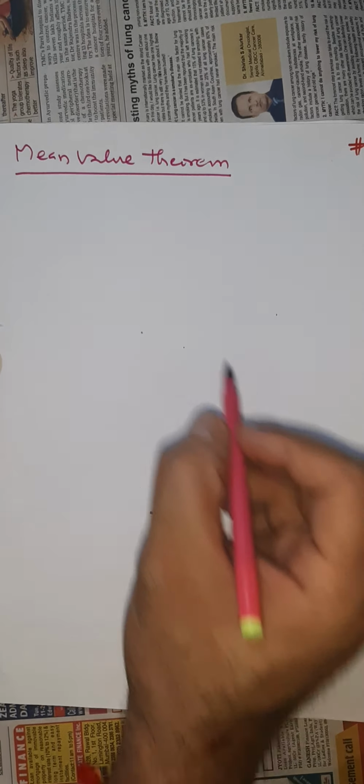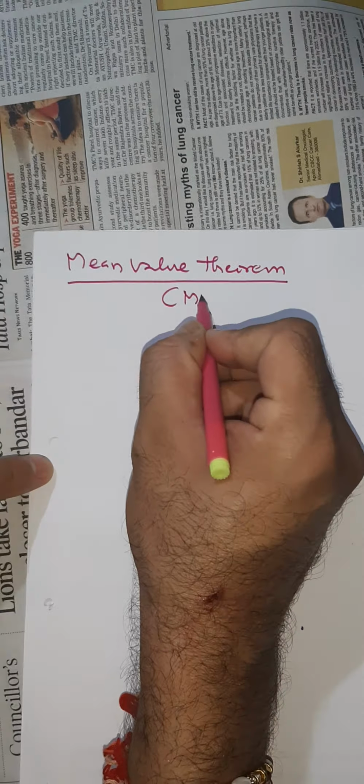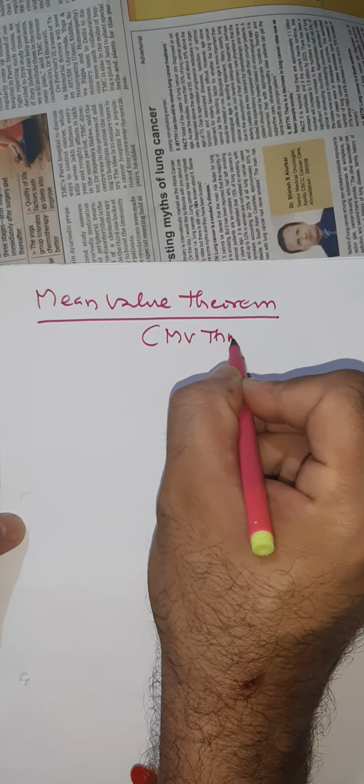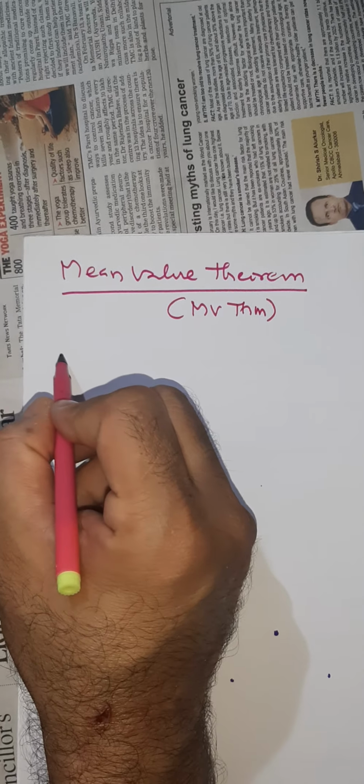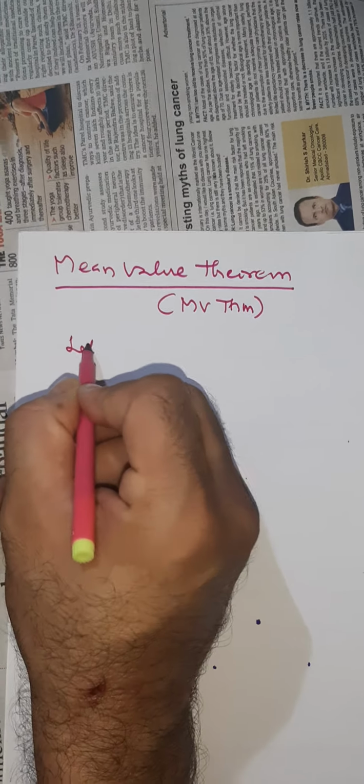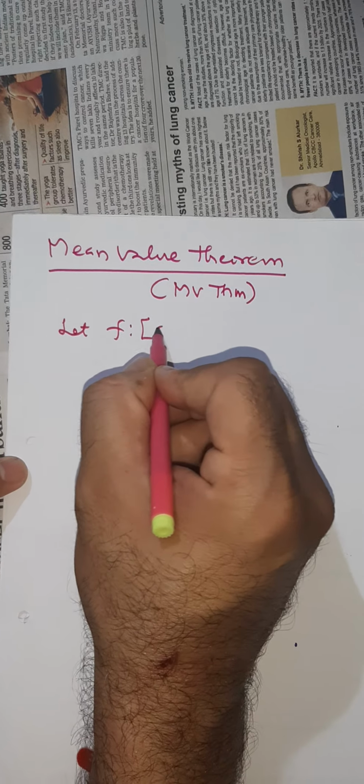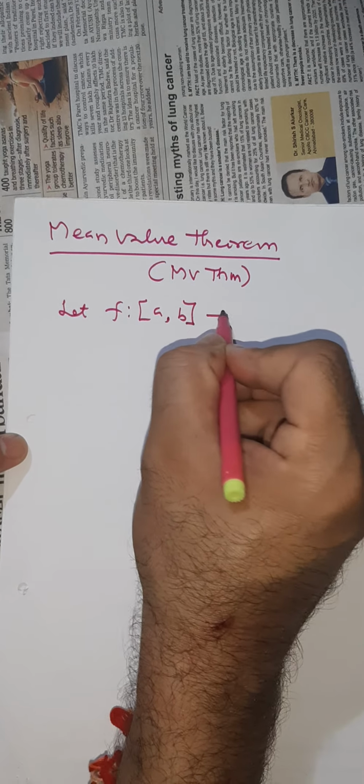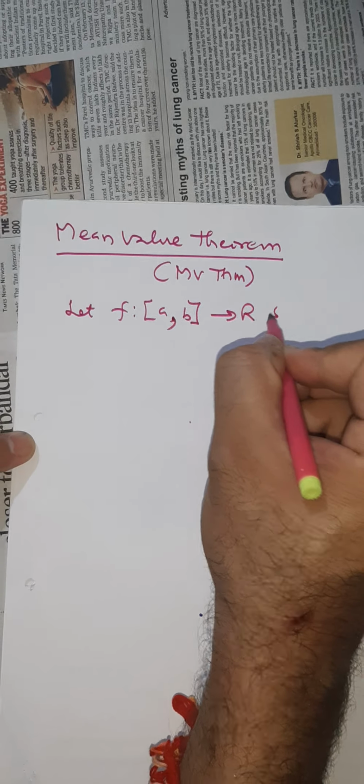Next is the mean value theorem. That's sometimes called the MV theorem. This is a generalized form of Rolle's theorem. So let's take a function. Let f be a function from closed interval a b to R such that